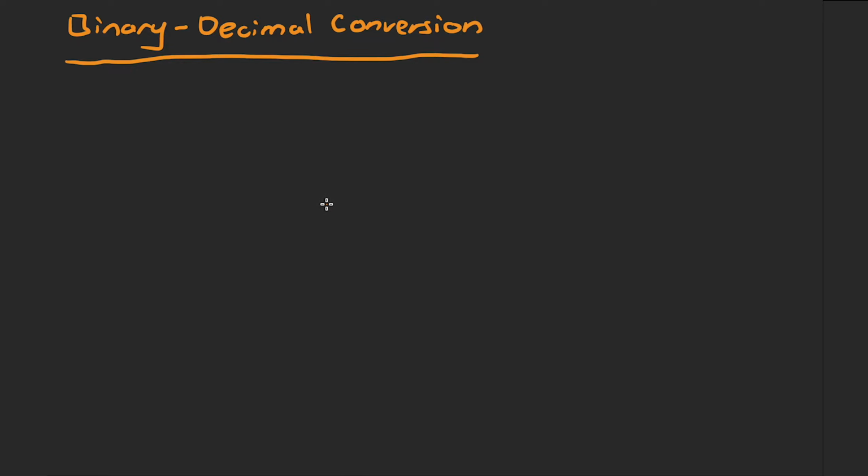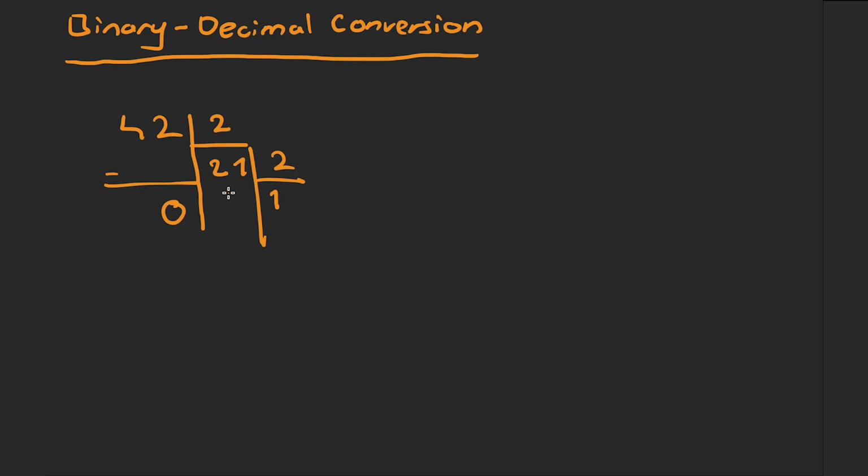Now, another way of doing this without thinking about it and just calculating it is that you can do an operation like this. So let's say we have the value of 42. What you're going to do is keep dividing this value and the resultant value by 2 until you see a 1. Let's divide this by 2. So we are going to have 21, and the remainder will be 0. Again, divided by 2. We're going to have